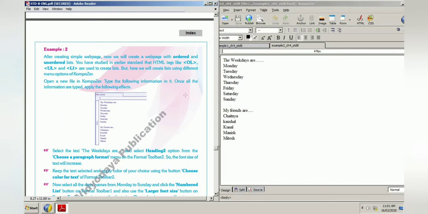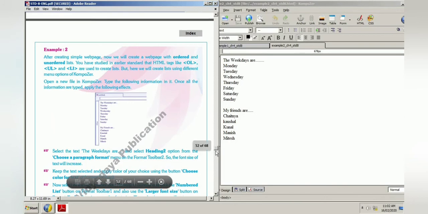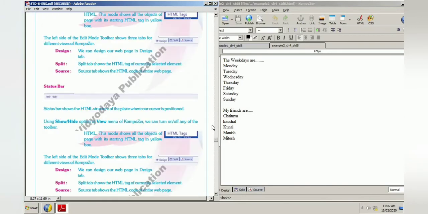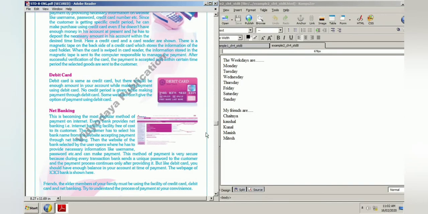So open a new file, which I have already opened, and type the following information. Whatever information you can see here, I have already typed: the weekdays are, so all the weekdays are written, and my friends are, so my friends' names are written. Now what changes we have to make, that we will see here.